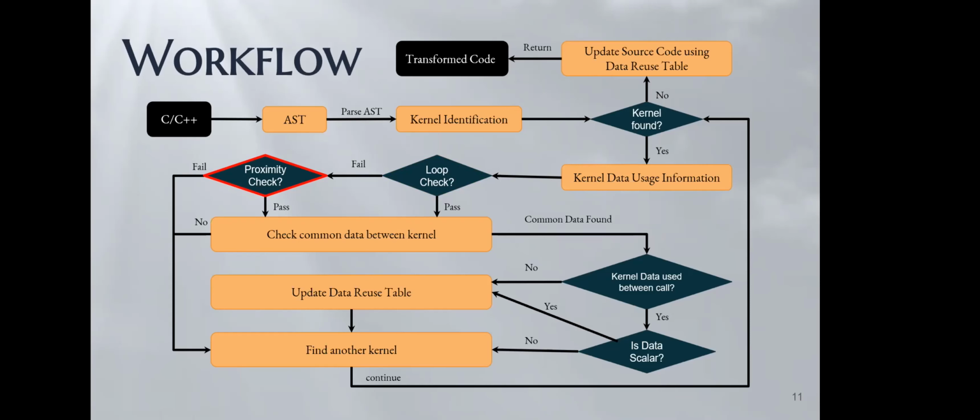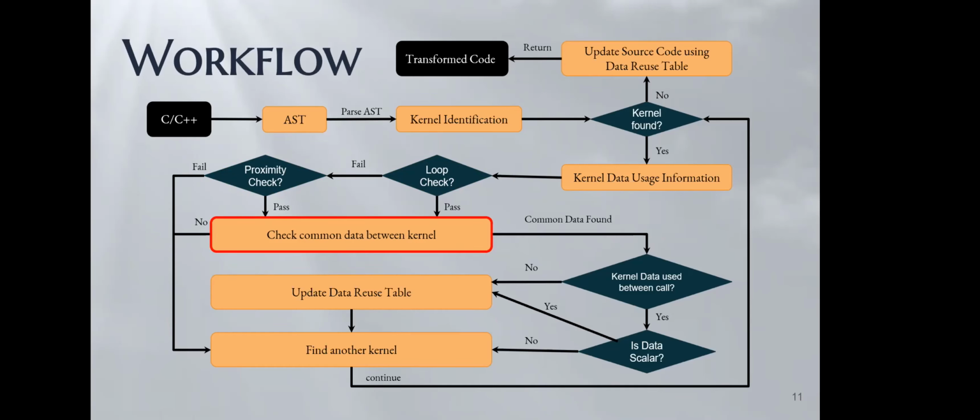We are looking at how to extend this to different functions. A subsequent call to a kernel called from within a loop automatically qualifies to be in proximity to each other. Once we have identified kernels close to each other, we check for common data between those kernels. Now remember, we are doing this at compile time, so we have no idea of the actual data that we might get at runtime. Here we are only comparing the variables used in the kernel as we analyzed in our